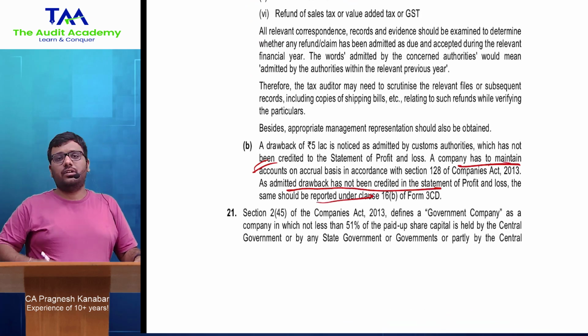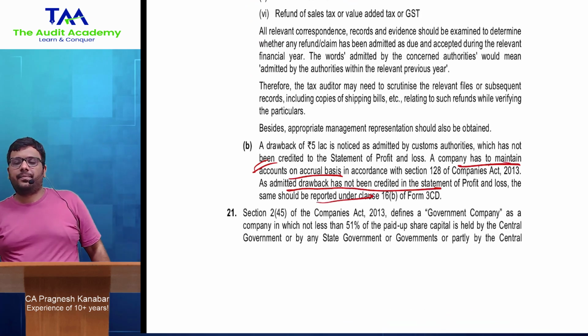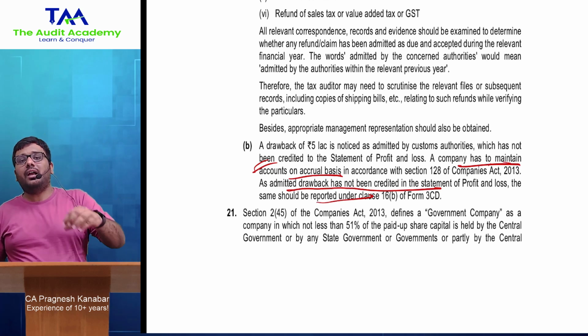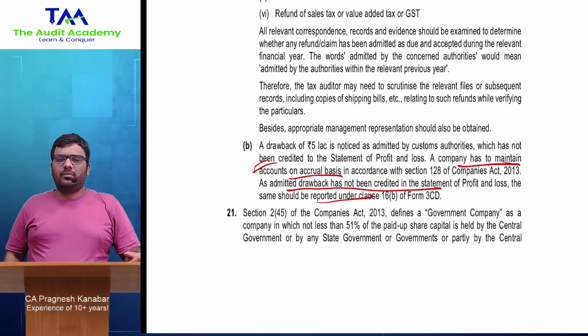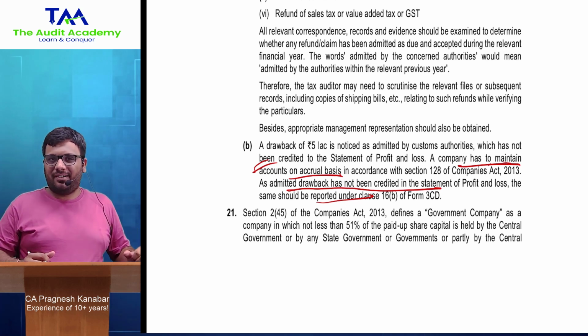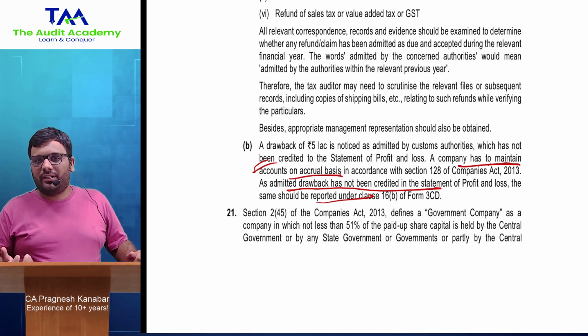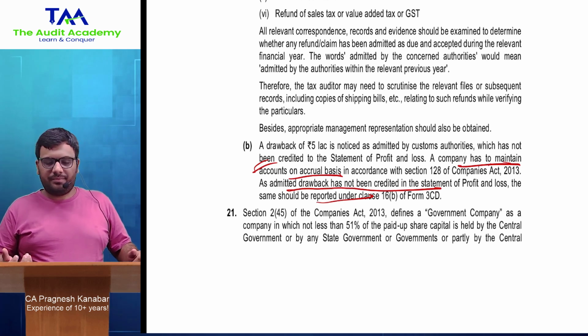कंपनी हैज टू मेंटेन अकाउंट्स ऑन अक्रूवल बेसिस करके उन्होंने एक्सप्लेन कर दिया है. इतना ही पूछा ना. क्लॉज नंबर का आपको पूछा, नहीं आया, 1 मार्क गया, दैट्स ओके. इफ यू लूज 1 मार्क ओवर हियर, दैट्स फाइन, बट यू शुड बी एबल टू प्रेजेंट योर नॉलेज, and knowledge you will get by conceptual understanding of the provisions over there.